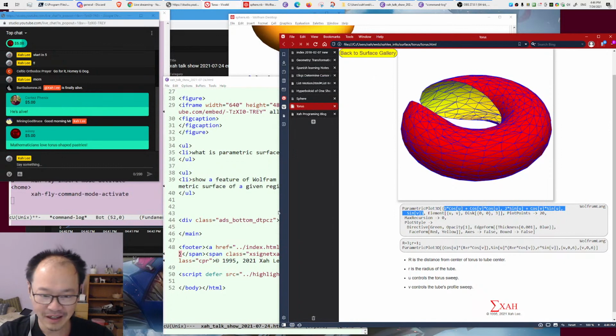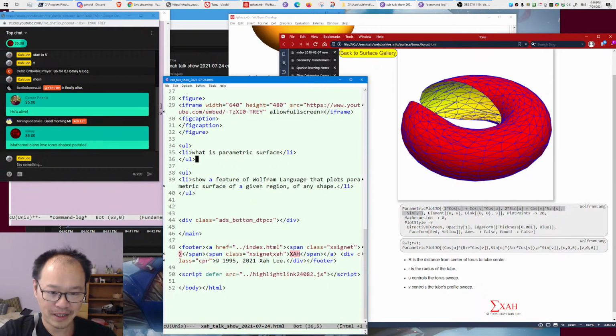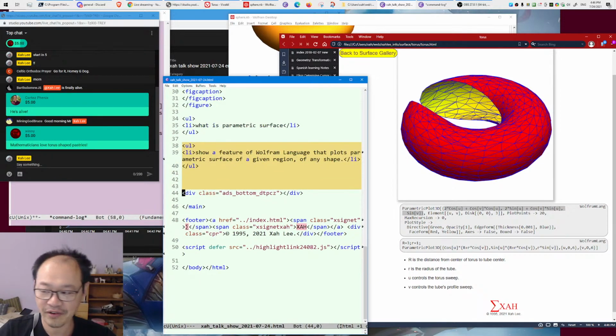So, what is a parametric surface? I'm going to demonstrate using Wolfram Language, and show you this particular feature of plotting a parametric surface over a given arbitrarily shaped domain. Then I'm going to write